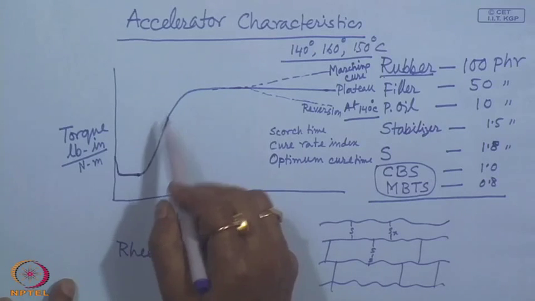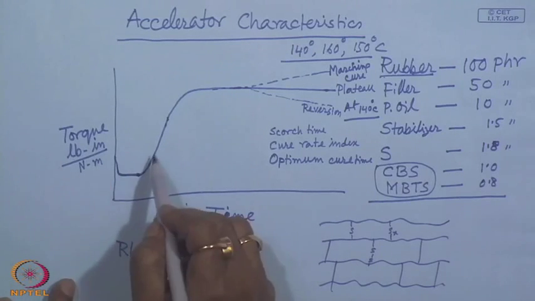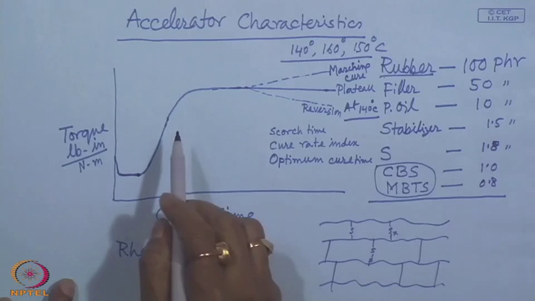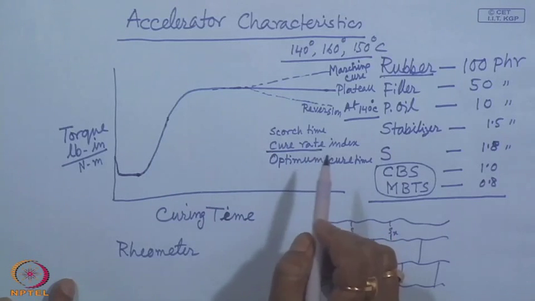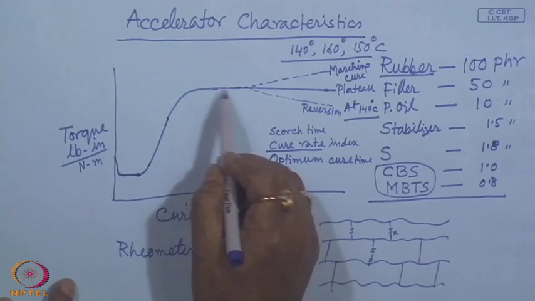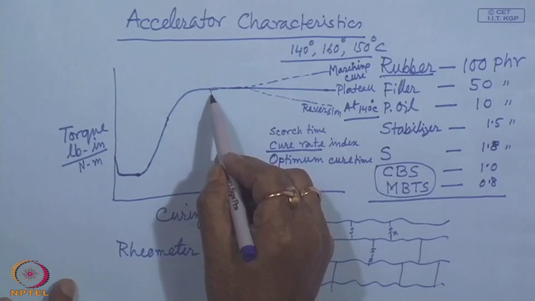The slope of this curve is the cure rate. The slope of the cure rate can be obtained from the slope of this torque versus time. These two parameters, the ratio of these two parameters, give the cure rate index. Now, this is the maximum cure for this particular plateau effect. If we say this is the maximum torque,